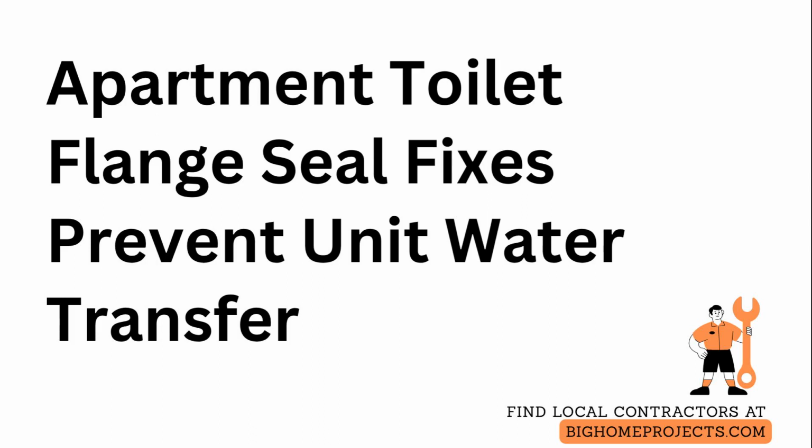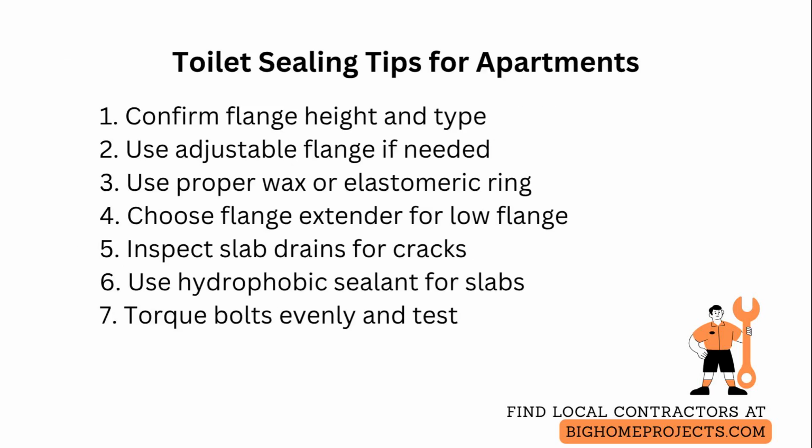Apartment codes require sealing toilets to the floor to prevent water migration between units and protect shared structural elements. Apartment buildings use continuous or interconnected substrates, so any water that escapes a toilet can travel through floor slabs or penetrations and damage neighboring units, so codes specify a positive seal at the fixture flange and often a water-resistant or